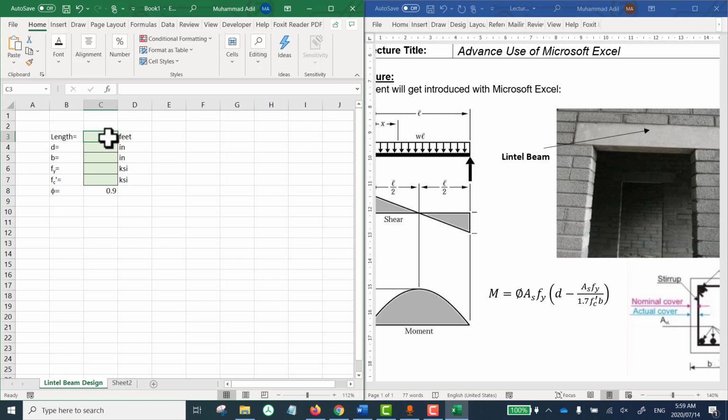So the length we already know it was 4 feet. Depth, let's assume it to be 1 foot or 12 inches deep lintel beam. The width, let's imagine the wall is 9-inch thick, so the width should be 9-inch as well. So 9-inch wide beam. Fy, we decided it should be 60,000 psi or 60 ksi, and Fc prime is 3. So now we can actually write this formula to calculate the moment capacity of this beam,